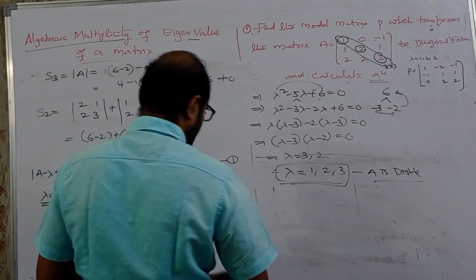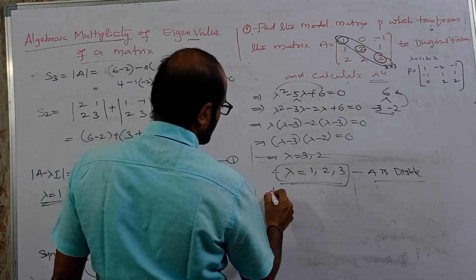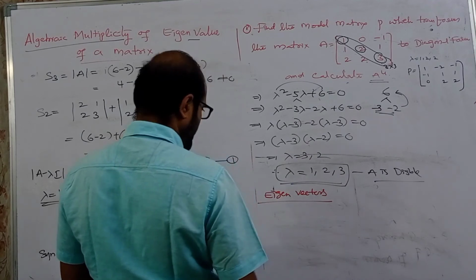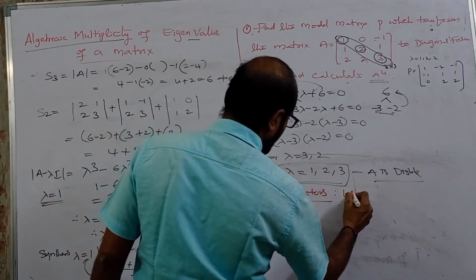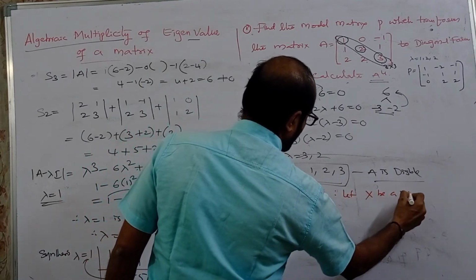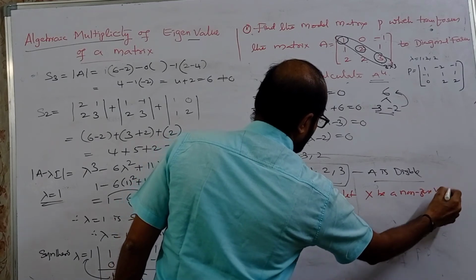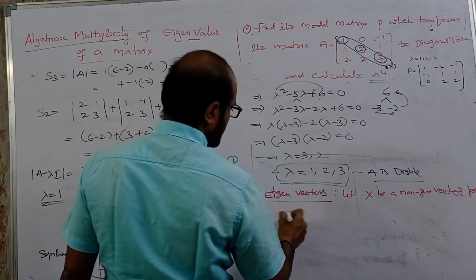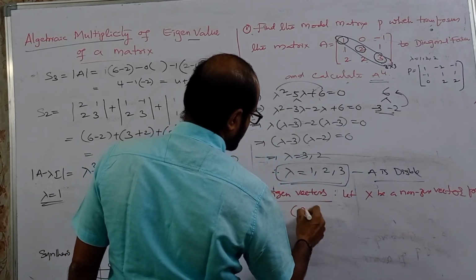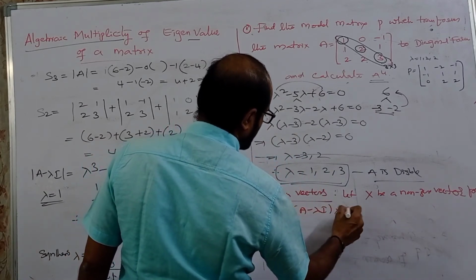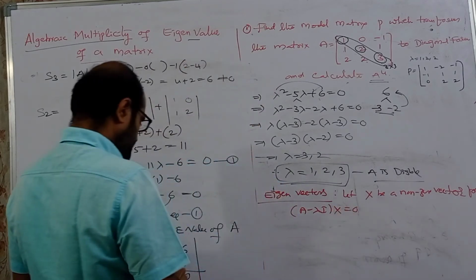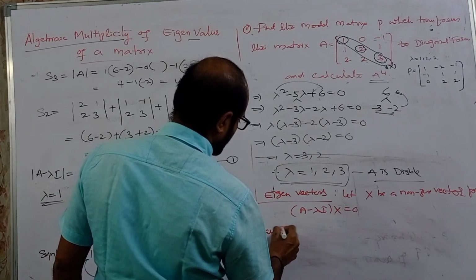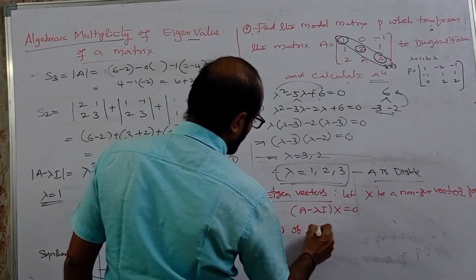Now let us find eigenvectors. To find eigenvectors, let x be a non-zero vector corresponding to lambda. Then the matrix equation (A minus lambda I) into x equal to 0. Now case 1, I will take case 1. What is the first case? If lambda equal to 1,